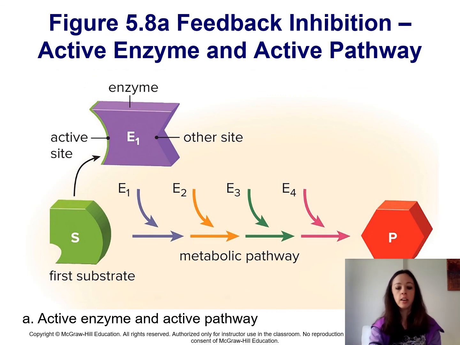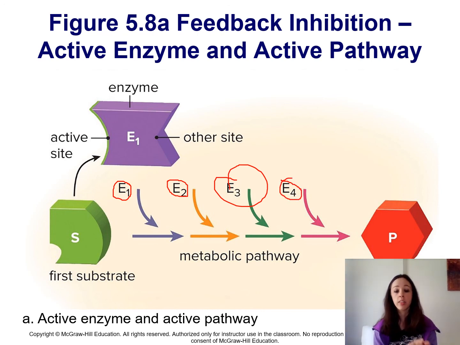In our second pathway, we have multiple enzymes being used. In this particular enzymatic process, we have 4 enzymes that are being used. So 1, 2, 3, and 4. Within this process, our first substrate will connect to our first enzyme, which will give us our first product, which will then connect to the second enzyme, giving us our second product, which will then connect to the third enzyme, giving us our third product, and then we'll then connect to our fourth enzyme, giving us our fourth and final product. And if our cell decides there's too much of this product, then